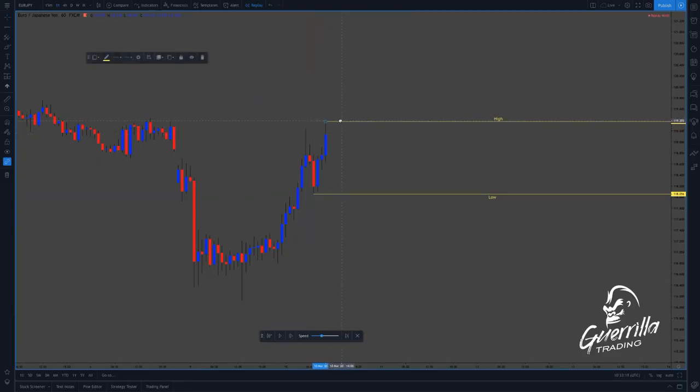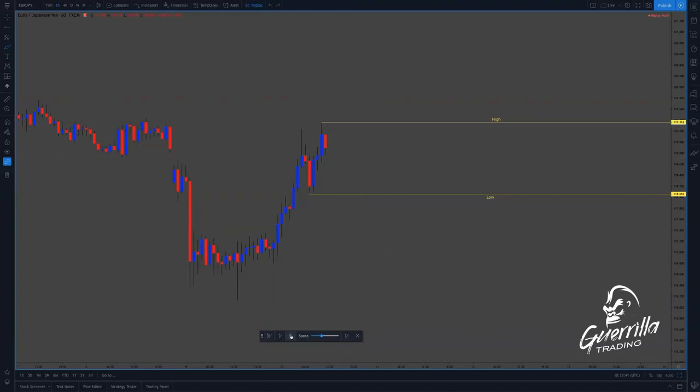A large enough wick to tell us that actually the momentum to the upside will not be sustained because we've just broken that high. Yet it's dropped straight back down. So it's telling us that actually the momentum can't be sustained to the upside. Otherwise, we would have just broke straight through it, okay? But we're getting a warning sign, and this wick is a very good warning sign, okay? And as you can see, it's now reversed, which we probably knew was going to happen because we saw the wick,